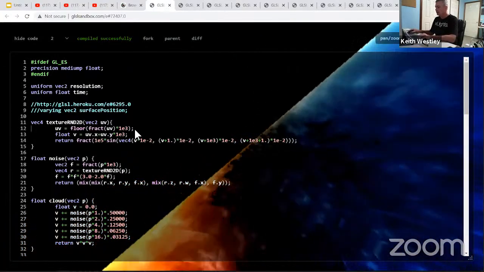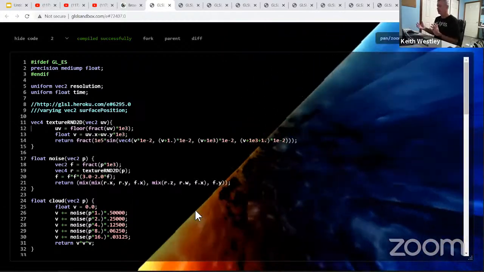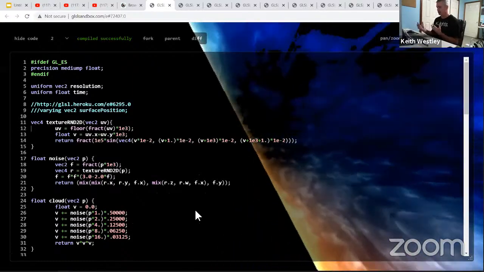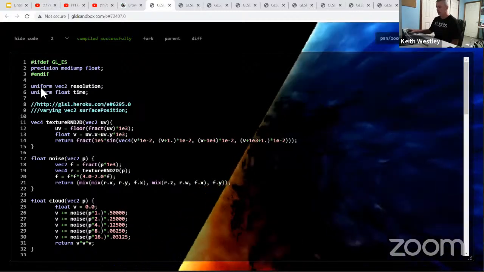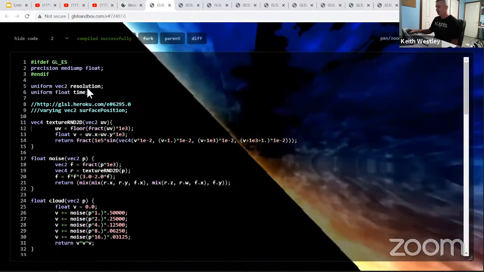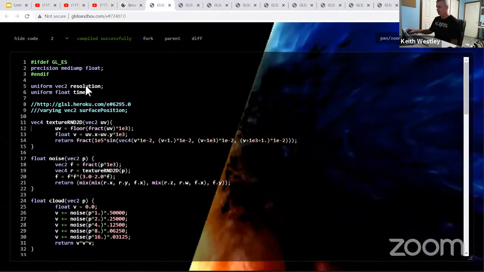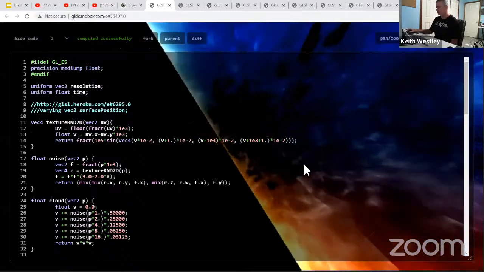All right, so what we're going to do is we're going to play with this a little before we start bringing it into xLights. So the first thing I'd like to do is understand how can we change this thing, and what do all of these things here do? So we can see from the top here that this is accessing the resolution and the time. So that tells us the resolution is the screen size and the time is the animation, which is why it's